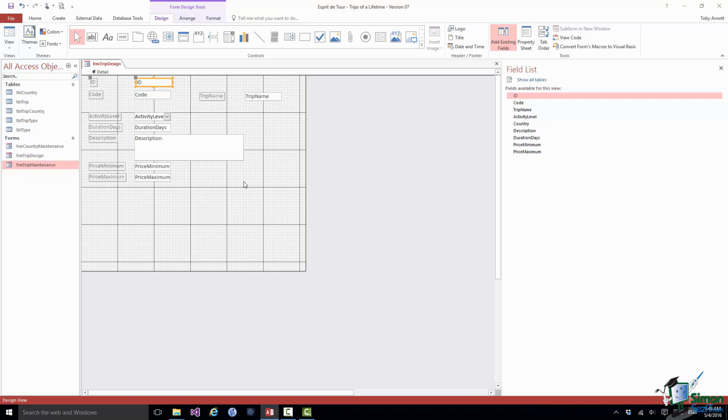Particularly when we're dealing with maintenance forms, but also to some extent when we're dealing with forms that users are going to use, you don't always need to show the name of a field. You don't always need to label a field. Now in this case I probably would label all of these, but just to demonstrate that you don't have to, what I'm going to do here is I'm going to delete the label for the ID field. So I select it and then press delete, and I'm going to select the label for the code field and I'm going to delete that as well. Now that doesn't in any way impair the operation of the form,